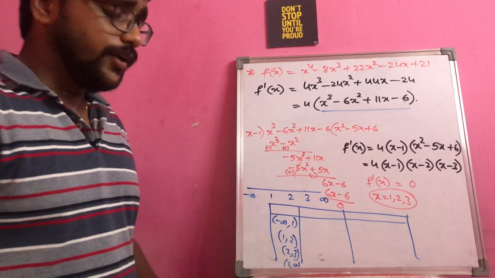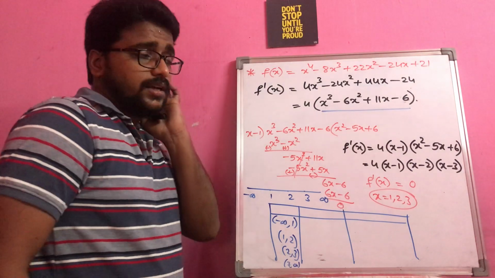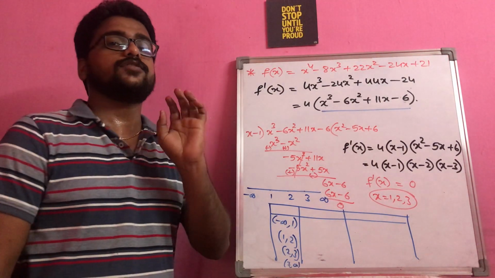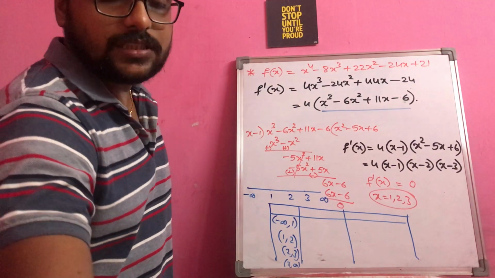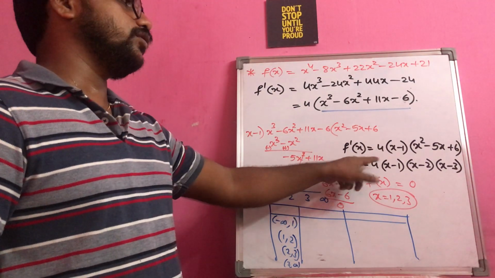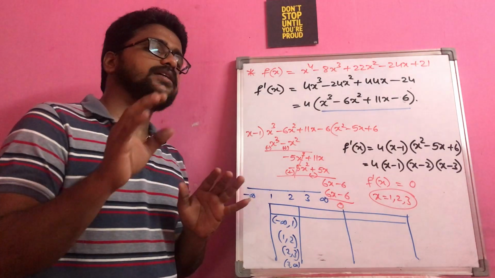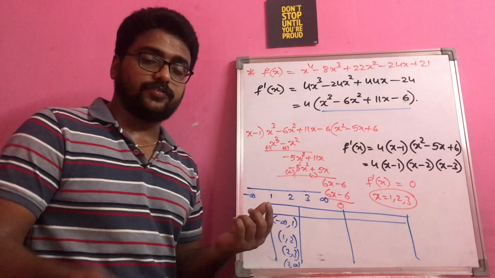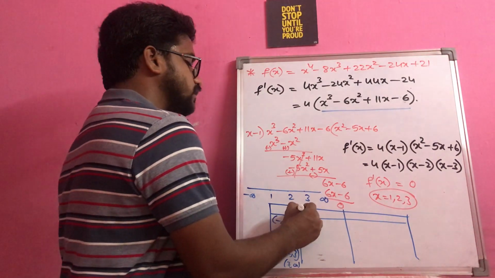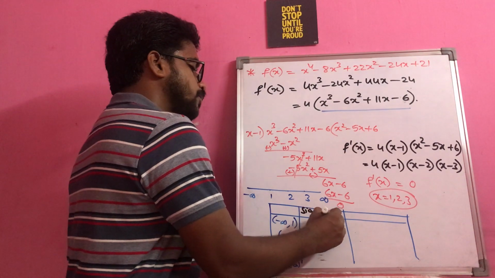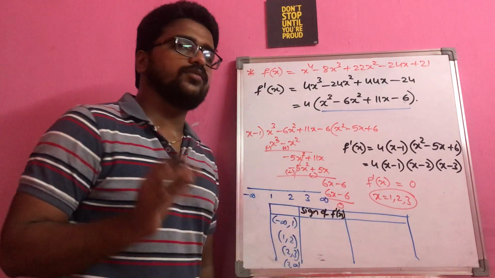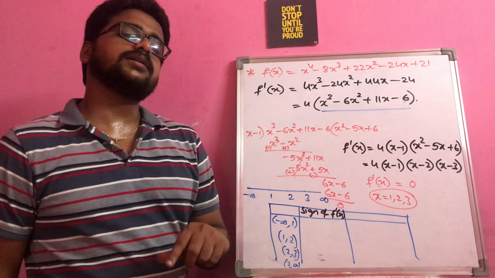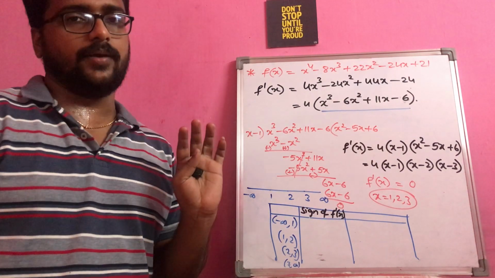Now you can take any test point of your wish, but you have to cross check in the f dash of x before equating to 0. As we discussed before itself, if you substitute before equating to 0, f dash of x is maximally simplified, and it will be easy for you to understand what is the sign of f dash of x, whether it is positive or negative. For that sake only we usually say before f dash of x equal to 0, whatever term is there, try to take that for identifying.